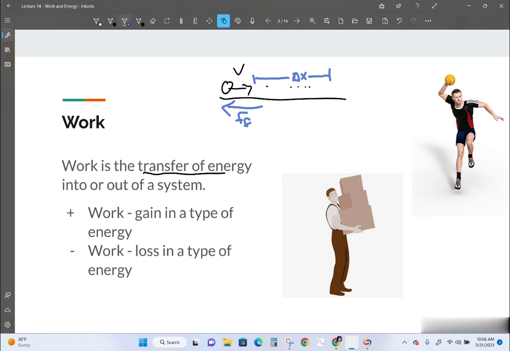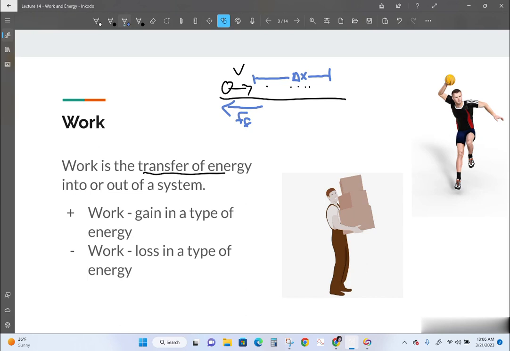So the work done by the friction force is in the opposite direction, but it's moving in a positive direction. So really work is the multiplication of a force times a displacement, the multiplication of 2 vectors, but you're ending up with something that's not a vector. It's called a dot product, and we'll talk about that a little later. But what's really happened is that you've transferred that kinetic energy that the ball had into heat energy. Because when friction acts on something, that's what friction is doing. It is turning mechanical energy into heat energy.